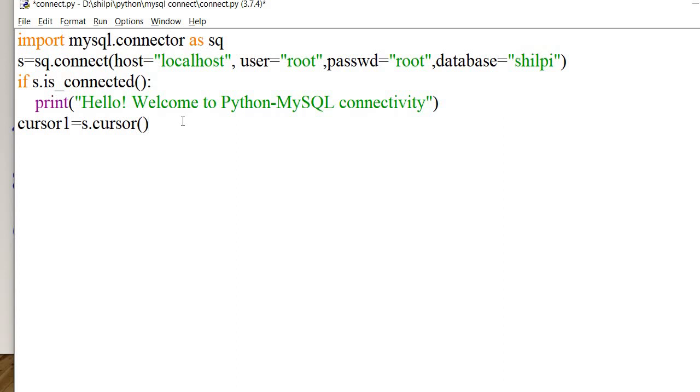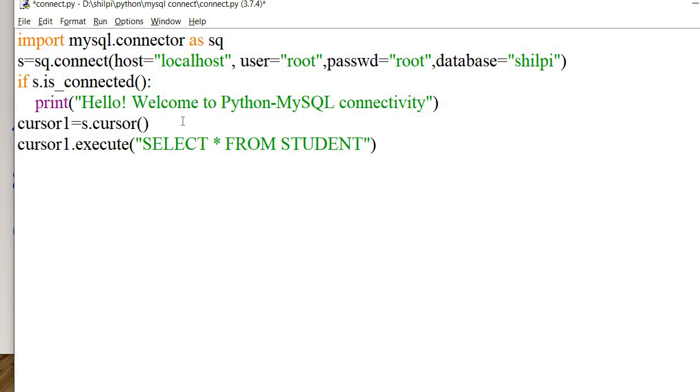Now after using this we can execute any kind of query. So I will use cursor1 dot execute. Whatever query you want to execute, you can use, select star from student. So this is the query. It is not necessary to write it in capital. I have written it in capital so that you can identify that this is the query, basically a MySQL query. Now it will execute the query, and after executing, the data will be in the cursor.